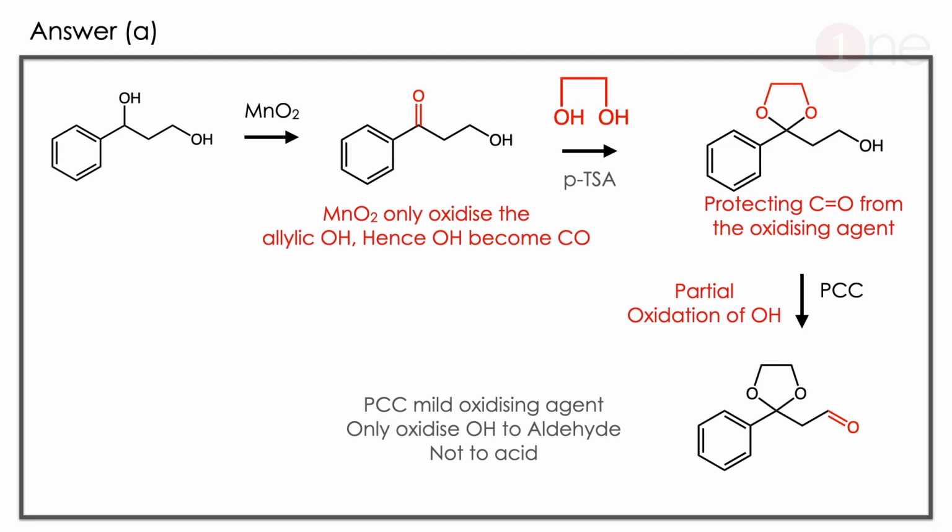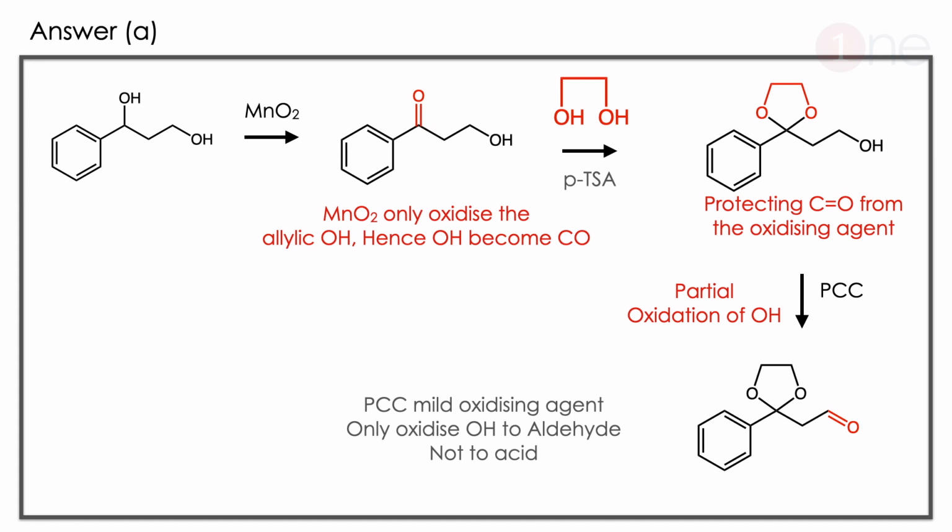The answer is A. Let us see how. The first starting material contains both alcohols, so we have to use MnO2. MnO2 is a selective oxidizing agent, meaning it only oxidizes allylic OH, the benzylic OH. So it is like an allylic OH, so it gets oxidized. MnO2 is mildly oxidizing, so only a ketone is formed there. Then you are using a diol. The diol group is important here because another alcohol group is there, so you have to use the diol to protect the ketone. So the ketone is protected by the diol group, just a 5-member ring formation with 2 oxygens. So the C=O is protected there and the OH is free.